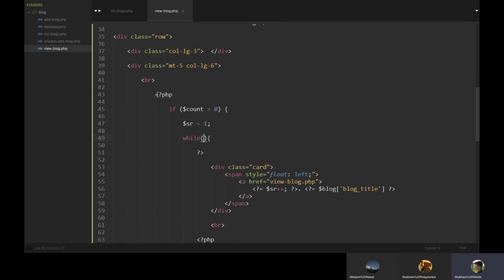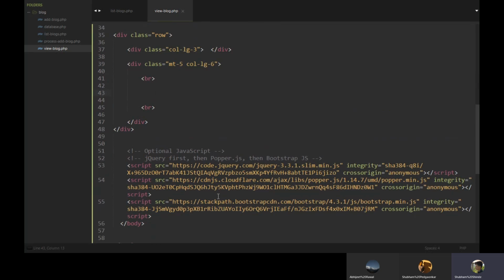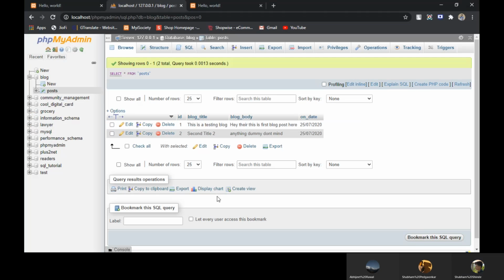Let's delete the PHP tags from here. No need of a loop. We have to print a single page based on ID. This is the space for the single blog. Let's try this.